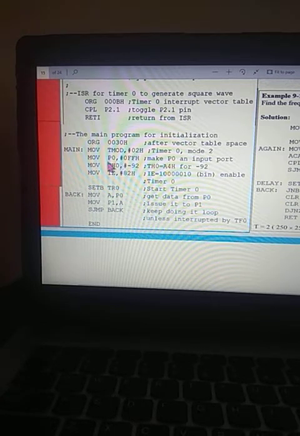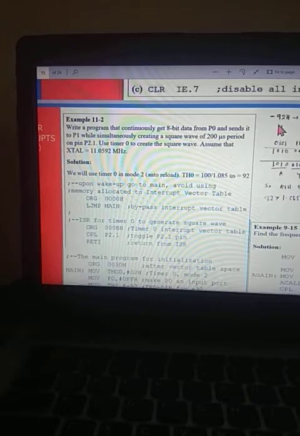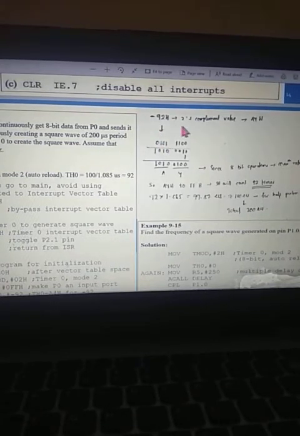We'll see it. After this line, there is TH0 equal to minus 92. Why minus 92? There is a logic. For simplicity of understanding, I have explained it here. Minus 92H has a 2's complement value of A4H.